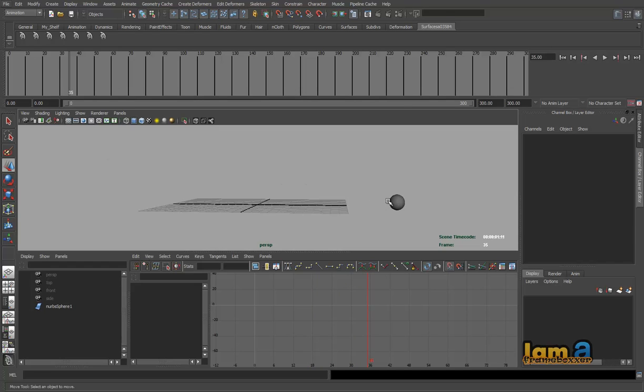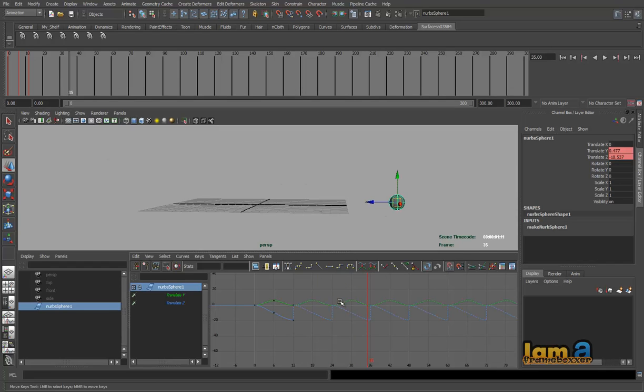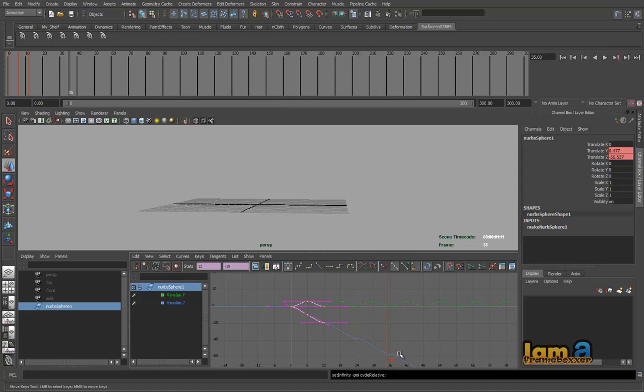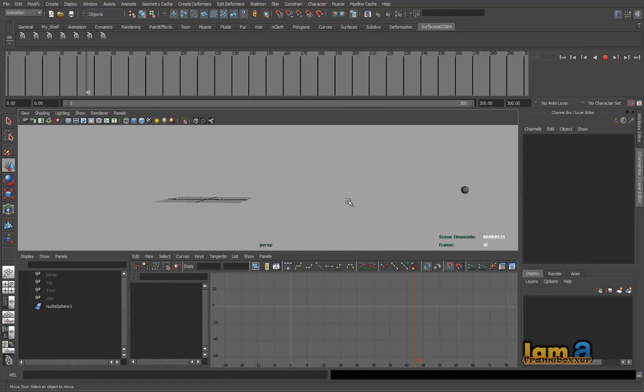Of course, all of this carries unique importance which can be utilized for various problem solving things. If we choose the other one, let's go and make post infinity cycle with offset. As the name goes, the moment you say cycle with offset and start playing this, you can see the ball bouncing off, right? And if you just go and try this after 12, it starts moving ahead. So it offsets the value, whatever was the value. If it was 5, then it's moving to 10, 15, 20, like that, right?